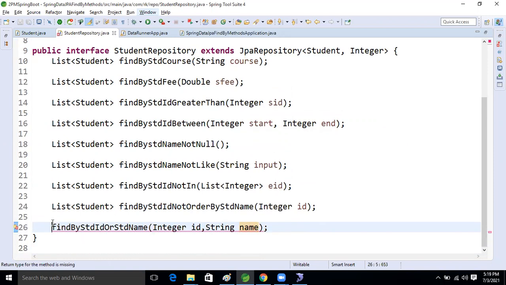So now the return type we are taking is List of Student. Good.